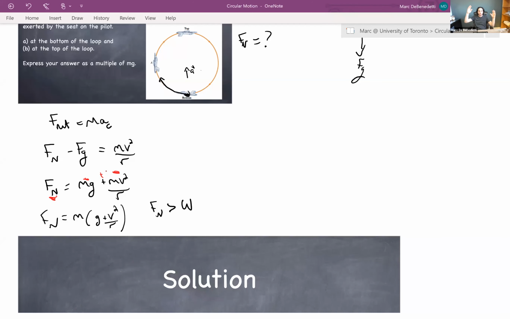So you feel different. You feel like, oh, this is odd. It's a weird feeling for me. So that's what's happening at the bottom. Now for the top,